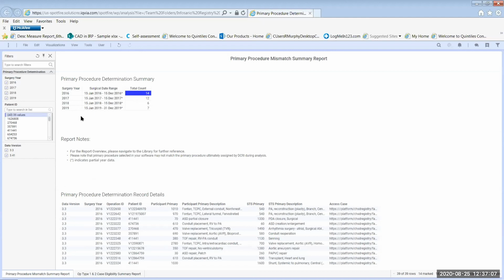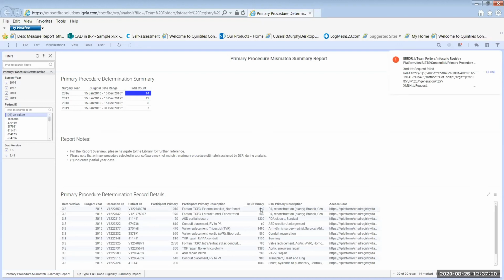So this primary procedure mismatch report shows us the participant entered procedure value and compares that to the procedure assigned by the data warehouse. Those rules, as Leanne had showed us in the slide, are detailed in the report overview and interpretation guide.